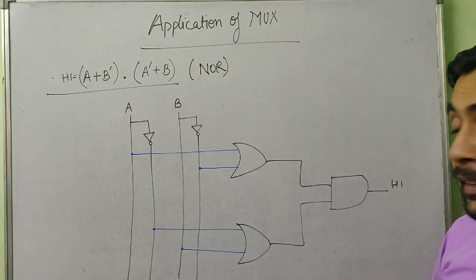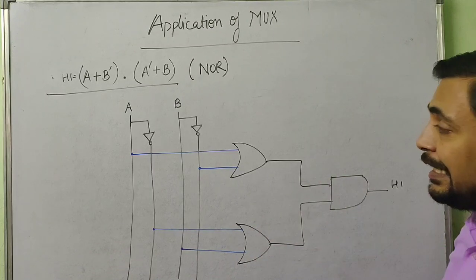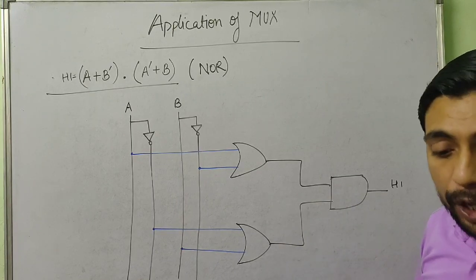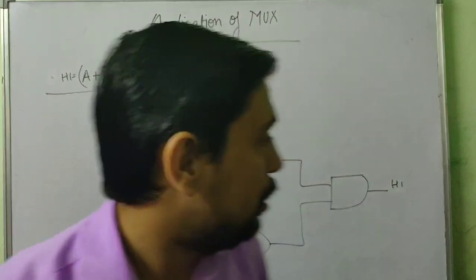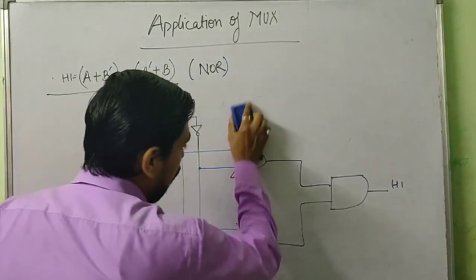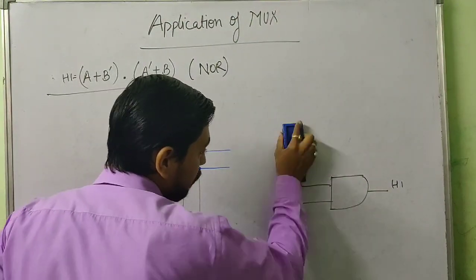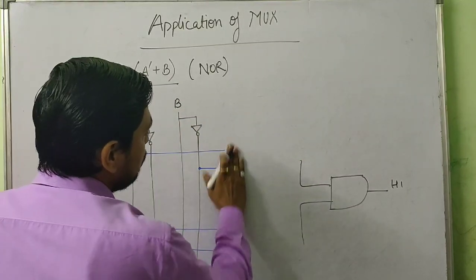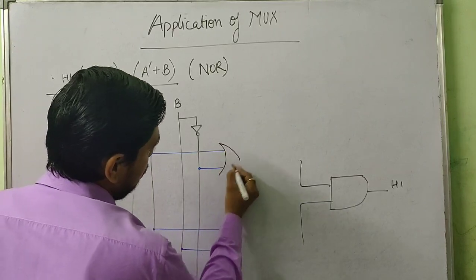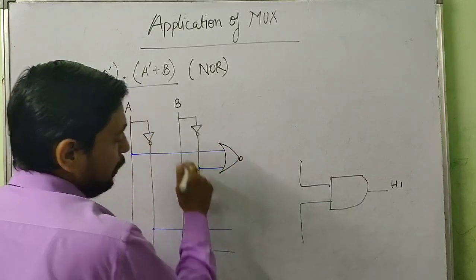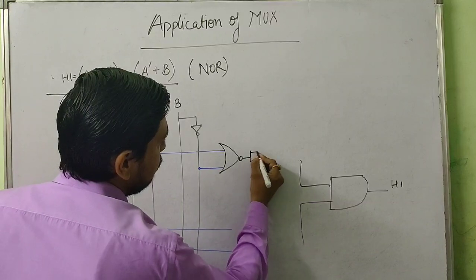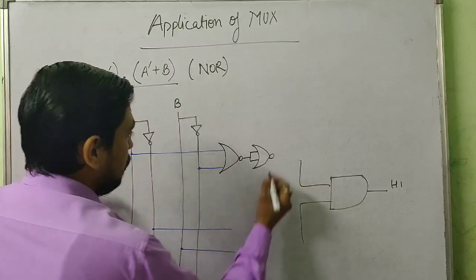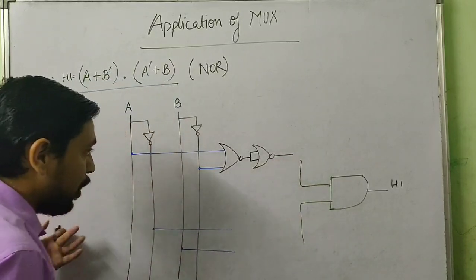Now what's the next step in this? Once you have made all the elementary gates, now replace those corresponding elementary gates with the corresponding NOR gate. So to get OR with the help of NOR, what you need to do? We will perform two continuous NORs. First NOR, and then the single result will be divided into two inputs and given to another NOR. Now this result will be the result of an OR gate.